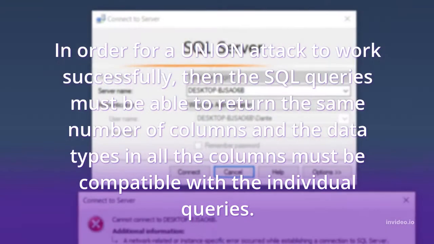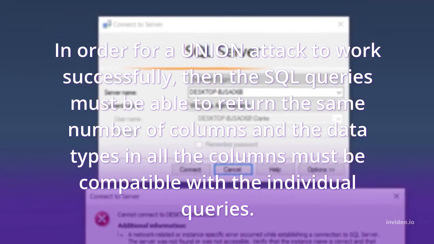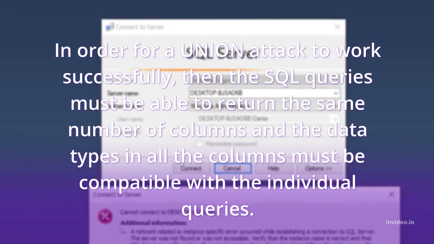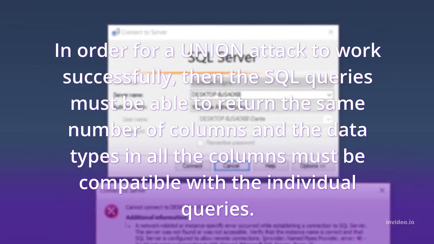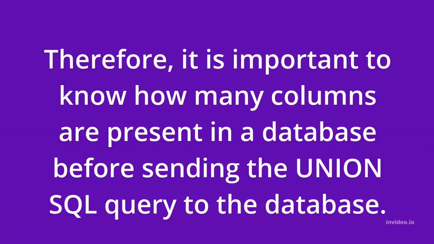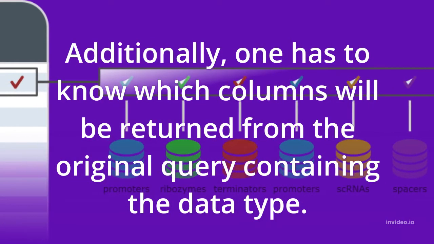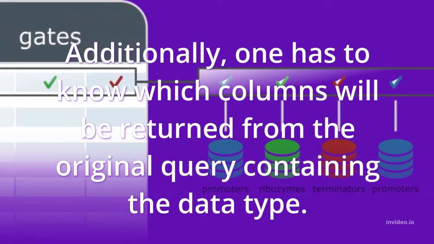respectively. In order for a union attack to work successfully, the SQL queries must be able to return the same number of columns and the data types in all the columns must be compatible with the individual queries. Therefore, it is important to know how many columns are present in a database before sending the union SQL query to the database. Additionally, one has to know which columns will be returned from the original query containing the data